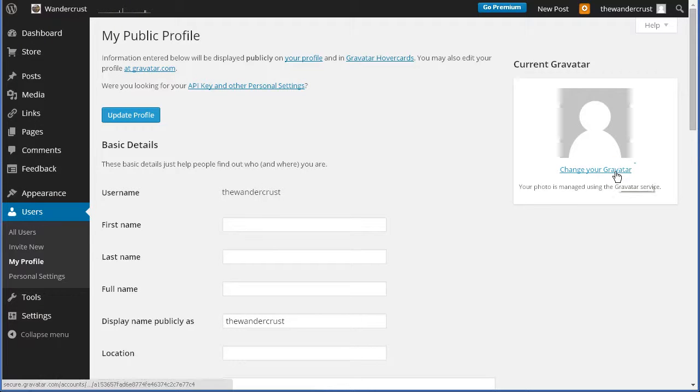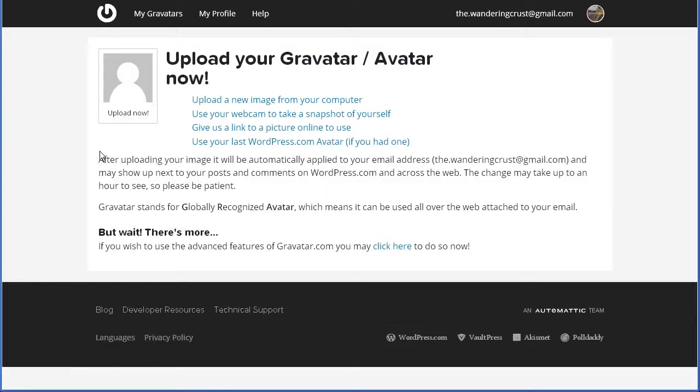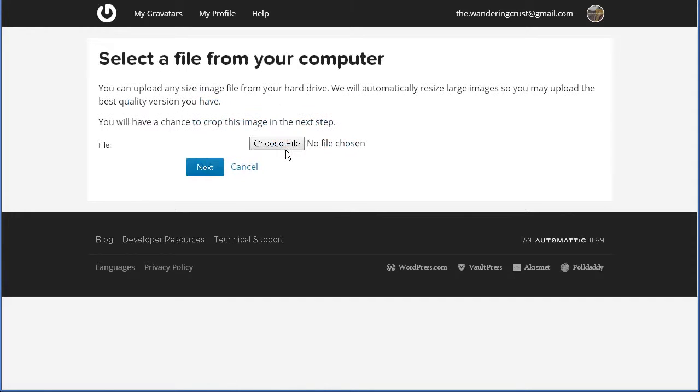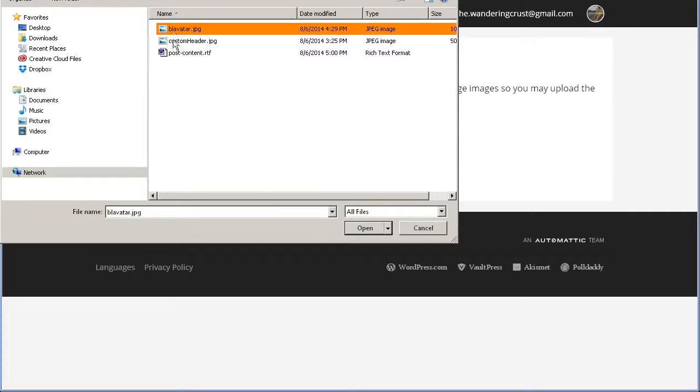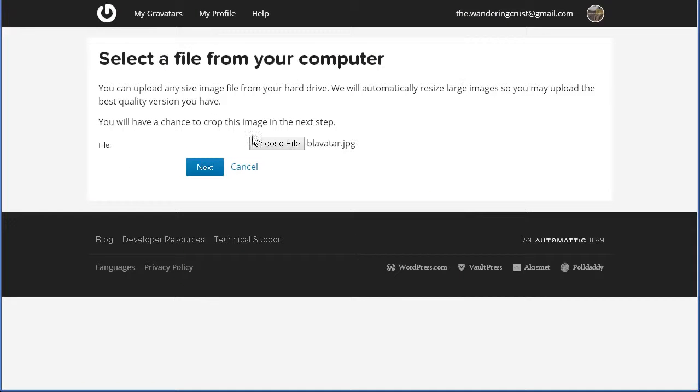So I'm going to click to change our Gravatar, which I just opened in a new tab, and I just want to upload a new image from my computer, but you can use your webcam or use your last avatar from WordPress if you had one as well. So I'm going to click on this first option, and I'm going to navigate and just use my Blavatar as an example. So I'll use my Blavatar for my Gravatar avatar, which I feel very silly saying,